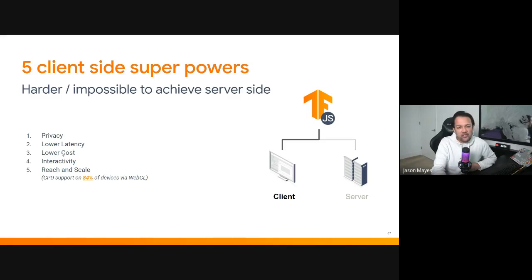The third point is lower cost. If a server is not required, then you don't need to have the server with the big expensive graphics cards and RAM and processor power running 24/7. And for larger scale implementations where you might have 10,000 users a month, that can save you tens of thousands of dollars per month in server costs.